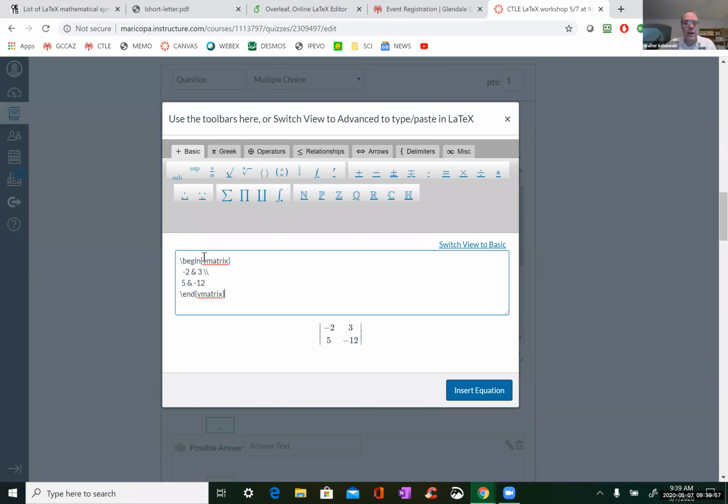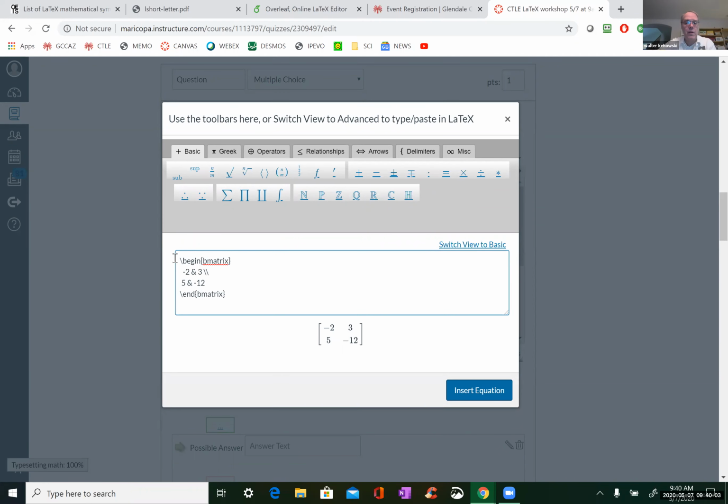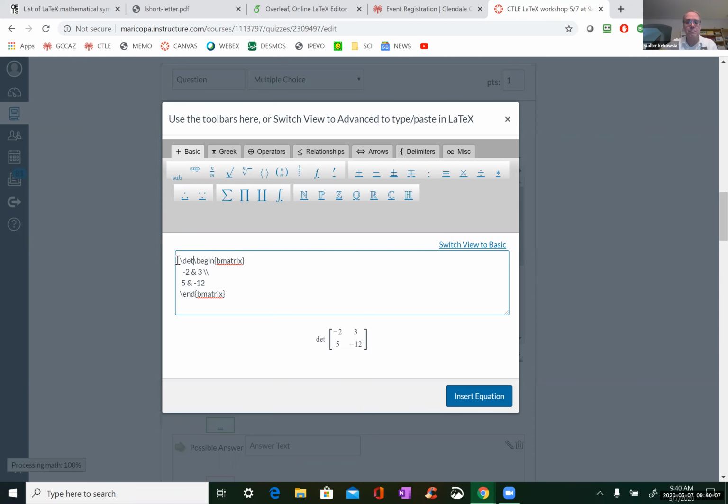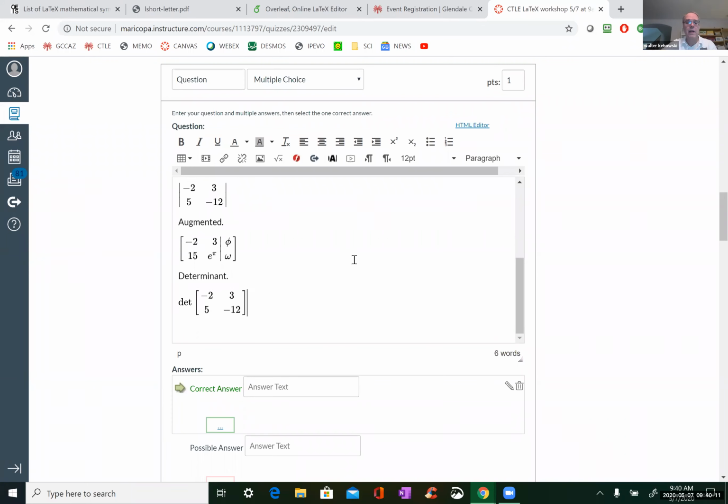Okay, but let's change that to say B. And of course, there is det. That'll render like determinant. Okay. So there you go.